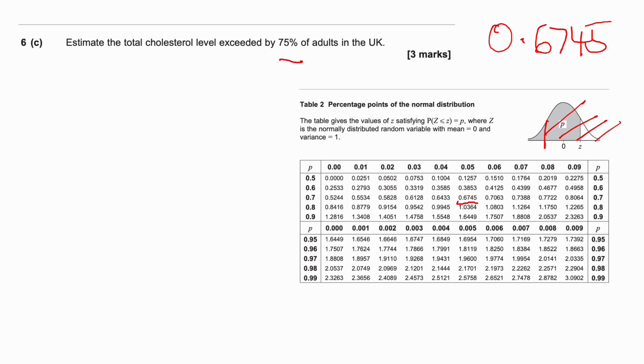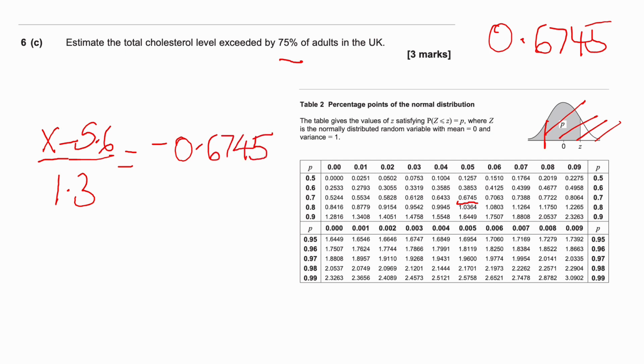So what we'll end up doing is we're looking for a value. We will do the standardising, so take away 5.6 and divide it by the standard deviation, which is 1.3, and we know that that is going to be equal to negative 0.6745. So then to work out the value of x, we've just got to manipulate this a little bit. First thing we'll do is multiply both sides by 1.3, which will get rid of the 1.3. So we have x take away 5.6 equals 1.3 times negative 0.6745,